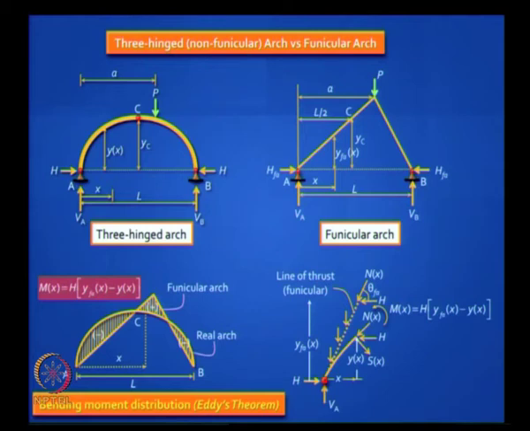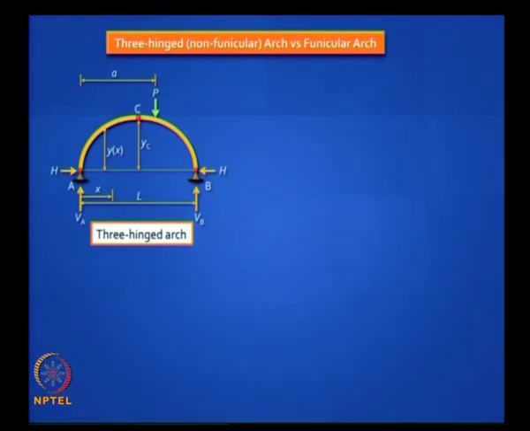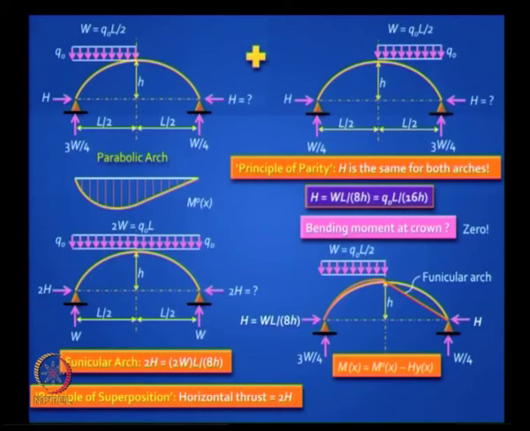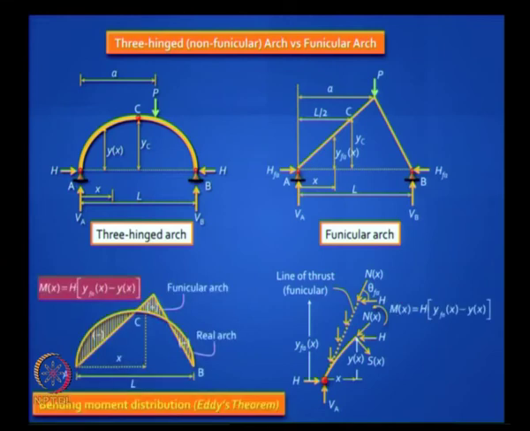So if you go back to the previous case, you will find that the bending moment diagram would be as indicated there in the funicular arch. You gave more height than required for the funicular arch in the left half. So if you take the equation M naught minus Hy is more than M naught, so you get hogging. On the other side you gave less y than required, so it's sagging. Simple argument. Okay, so let's move ahead.